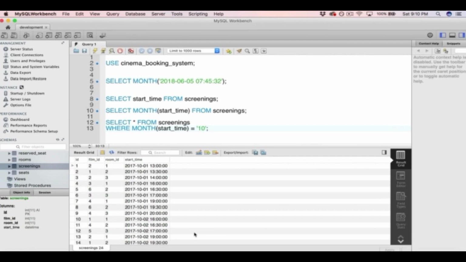Now imagine if we had years and years of data in our database. This month function would actually return all the data from October, not just 2017, but if we had it for the last 10 years, it would return it for 2016, 2015, 2014, etc., etc. Any date that has the month as 10 is going to return